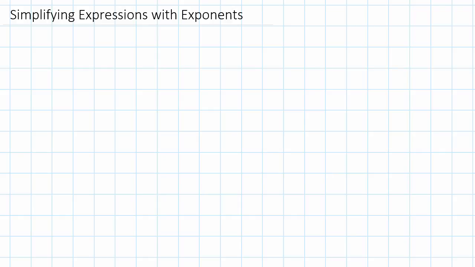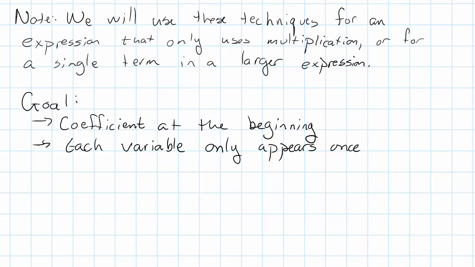How can we make use of our exponent rules to simplify expressions involving exponents? Well, first recall that addition and exponents are not friends, so we're only going to be using these to simplify within a single term. That is, to simplify an expression that's only put together with multiplication. Our goal in simplifying such an expression is to have just one coefficient at the beginning and each variable only